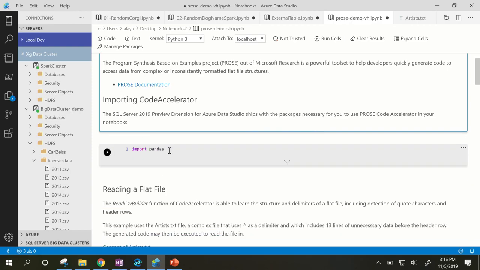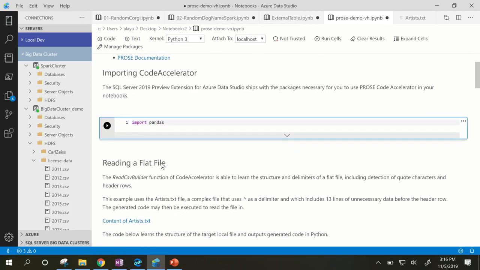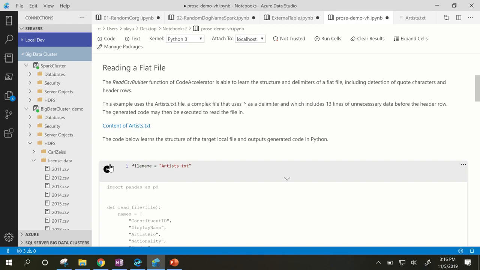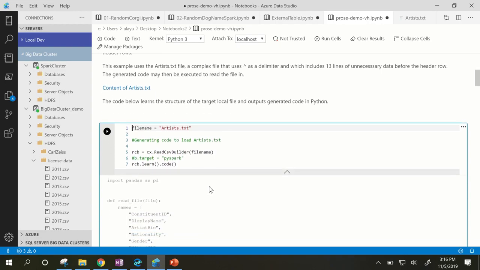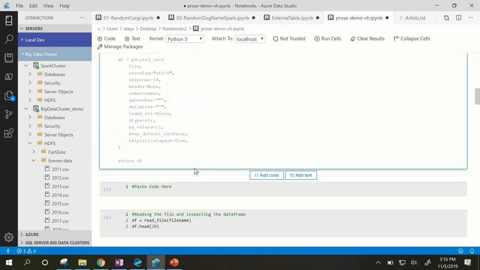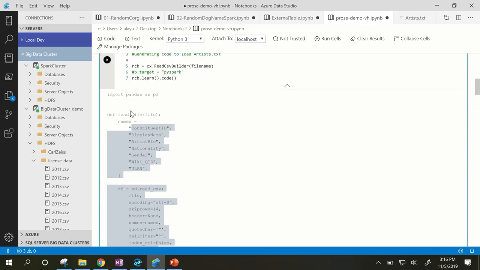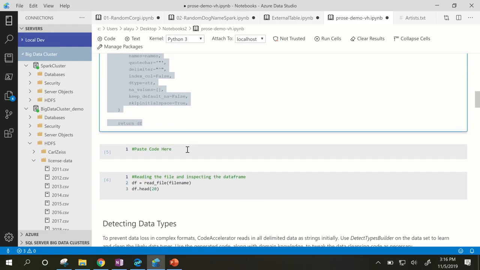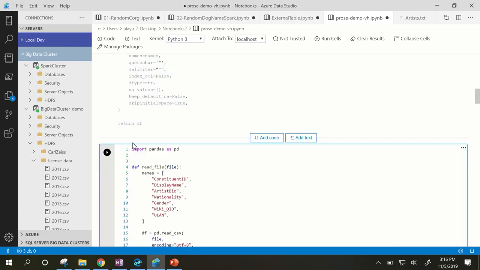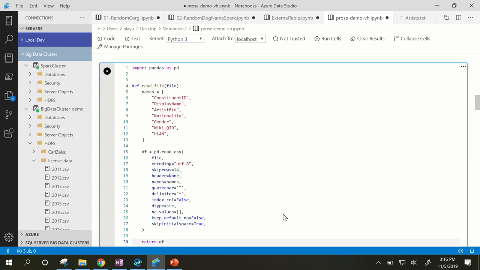So what you can do here is that instead of doing the run all cells demo that I showed earlier for naming the corgi, I will go cell by cell. First, I'll import the pandas library. Then I'm going to read this flat file. And one thing to note, let me expand the cells so you can see what's going on here. You can see that this is all in the Python kernel. So I'm going to upload the artist.txt file, which is great. And what this does is it gives me the Python code in order to parse that really complicated artist.txt that you saw before. So if I paste this code here, which is all Python code, and execute it,